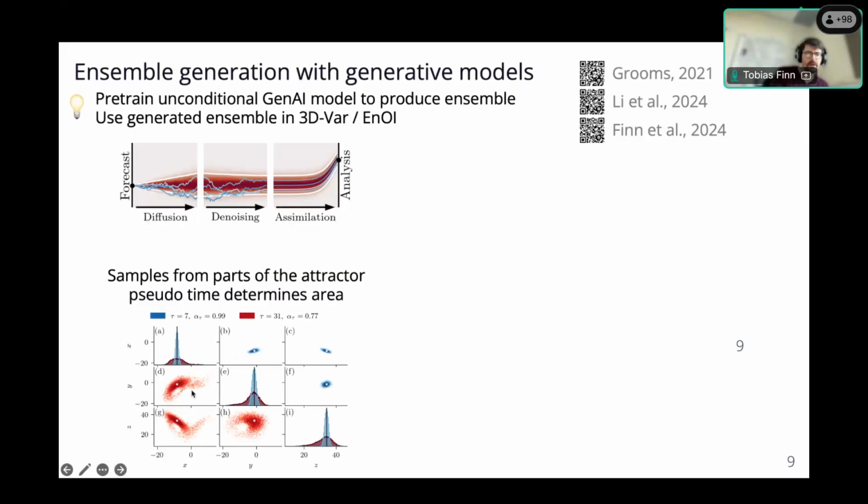If we add a lot of noise, we sample a larger part of the attractor. And this actually determines the ensemble spread we get out for the ensemble background. And also it basically determines if we have either Gaussian statistics or non-Gaussian statistics.